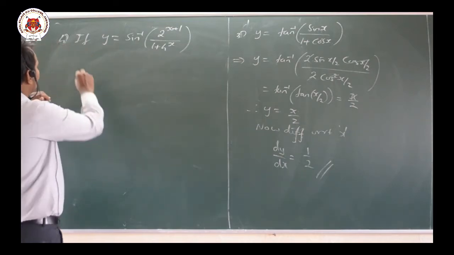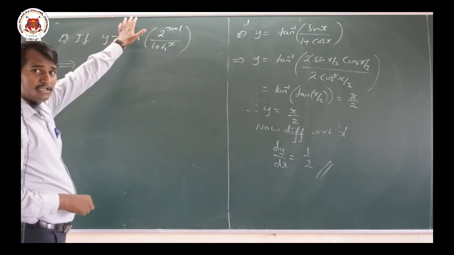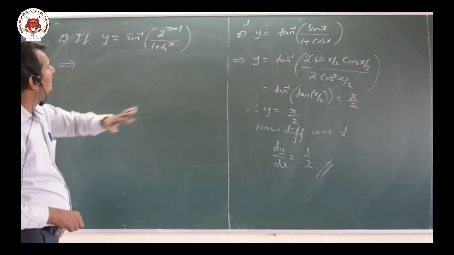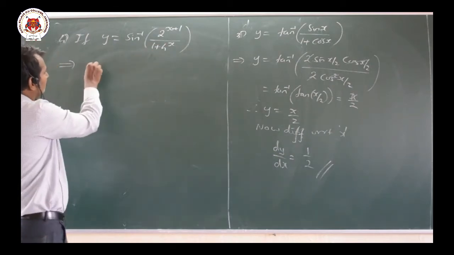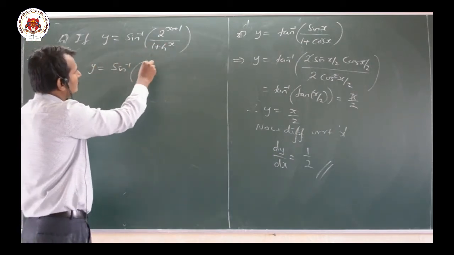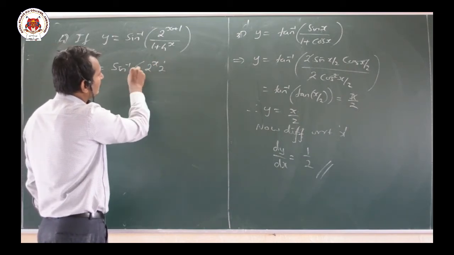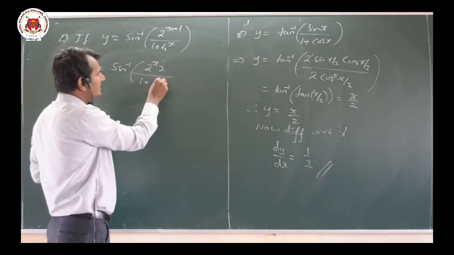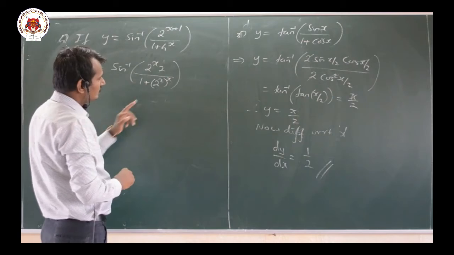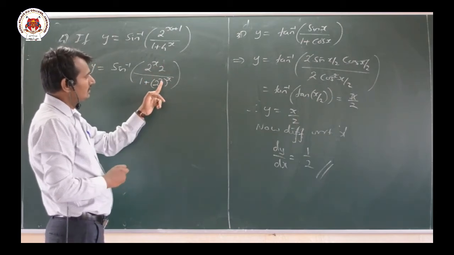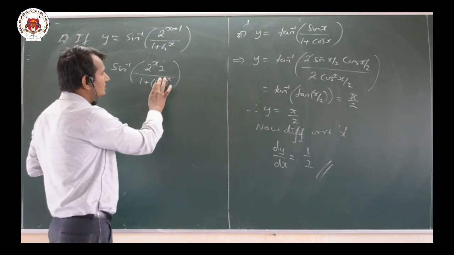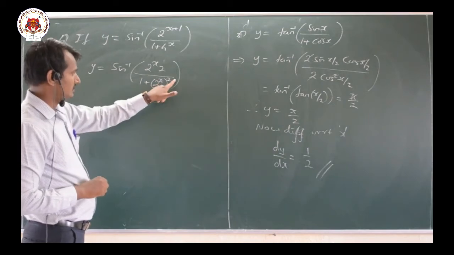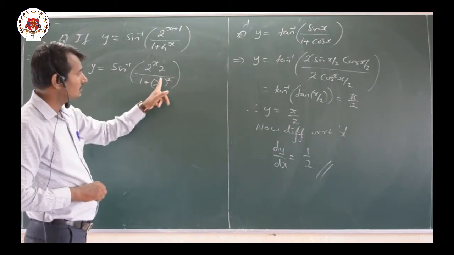Now here, the main heading is differentiate with respect to x each of the following. What we have to observe here is 2 raised to x plus 1. y is equal to sine inverse of 2 raised to x into 2 raised to 1, because bases are same, we can add the powers. Similarly, 1 plus 4 to the power of x, we can write it as 2 square x. 4 means 2 square. According to the theory of indices, we can multiply these two, or else we can write 2 raised to x whole square, both are same.